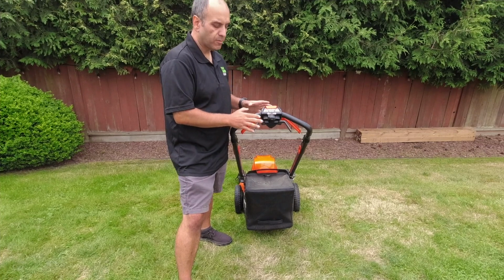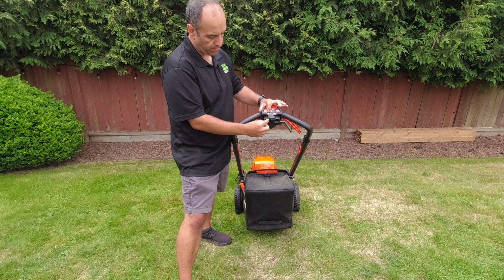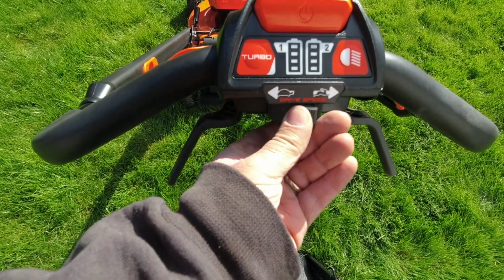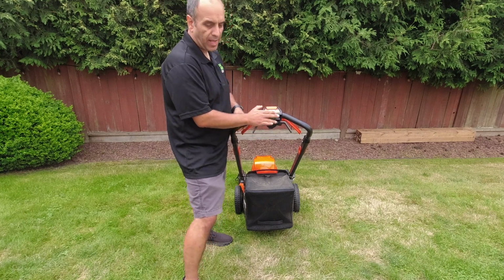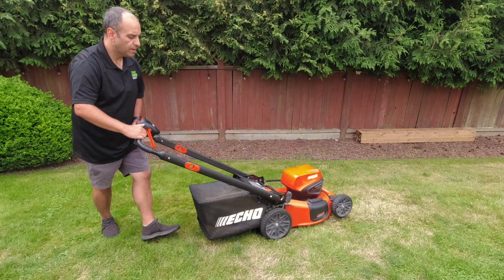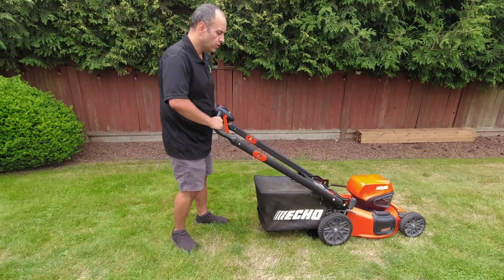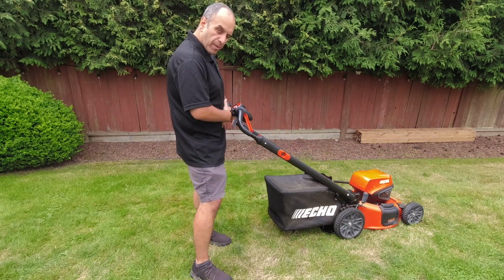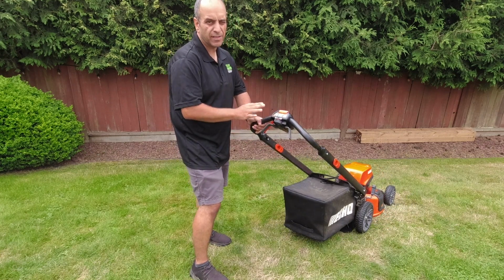So the other thing that's really frustrating about the self-propel system on this particular unit is this drive speed selector here that you can see. It goes from basically turtle to rabbit mode on the right. What I've experienced with this is, because it's right here in the front, I'll typically have this on full rabbit mode. And as I'm coming down to the end of one of my runs, I'll get ready to turn, and the switch here will get caught up on my clothing or my belly here, and it'll actually turn it to the turtle mode